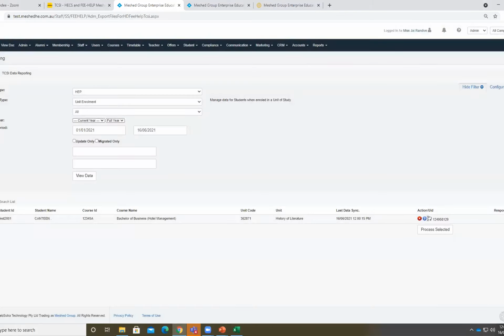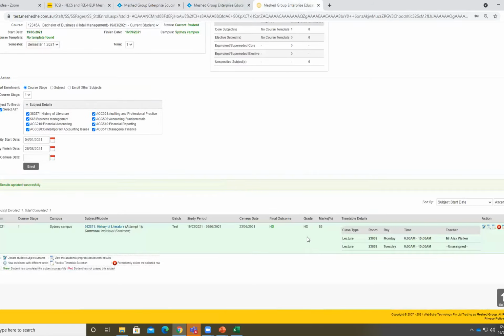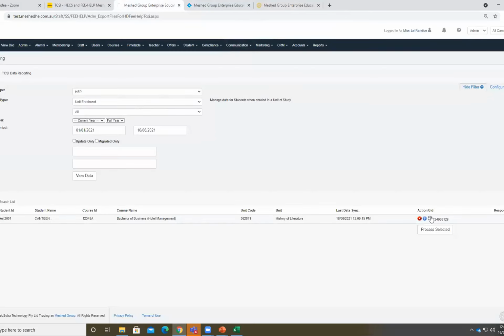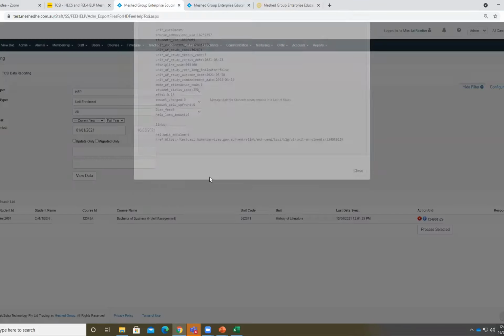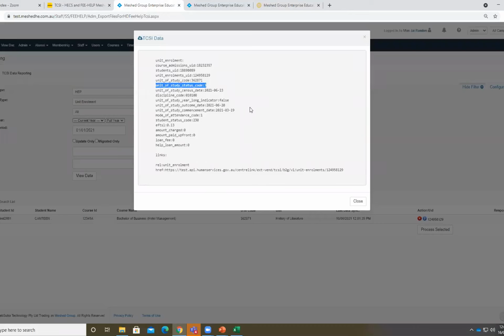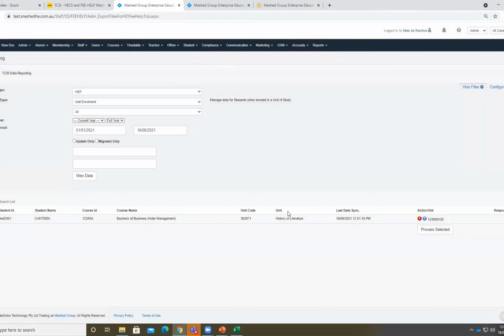Now, if I click on sync update, that unit of study status should change based on the outcome which has been assigned to that student. The outcome which we have assigned is successfully completed, so it should be 3 in that case. If I click on sync, and now check what data got reported, it has been updated to 3. This is how you can sync updates as well. So this completes your entire cycle for reporting one particular record.